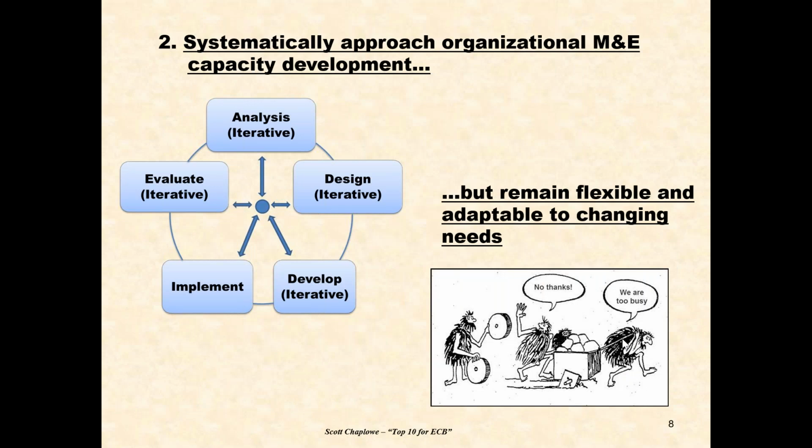So I spent a lot of time on the first principle, or first tip, because I think it is very important. But in a way, coupled with a systems approach, is to be systematic at the same time. And by being systematic, it is an intentional activity. There is incidental learning, by the way, and we'll talk a little bit about that shortly, but a capacity development intervention for M&E or anything is intentional. And it should be systematically planned and delivered, but it doesn't mean that it needs to be a rigid blueprint